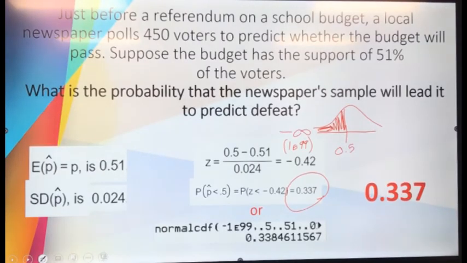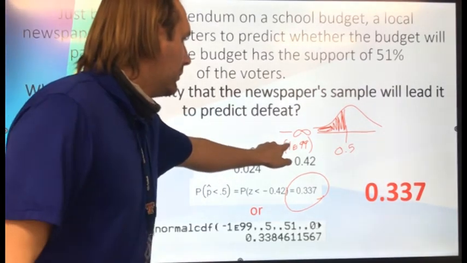That was 38.7. Again, we're not working with numbers to infinity. We stop at negative 1 to the power of